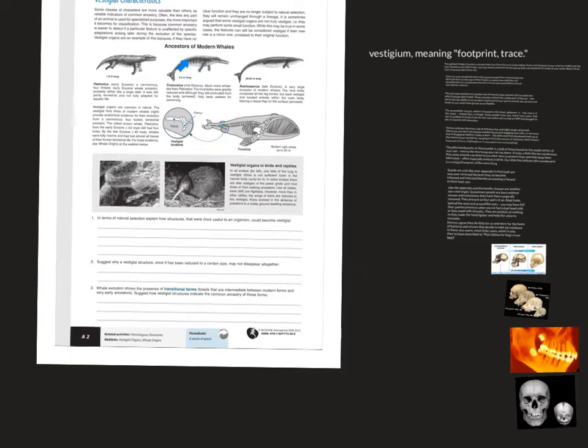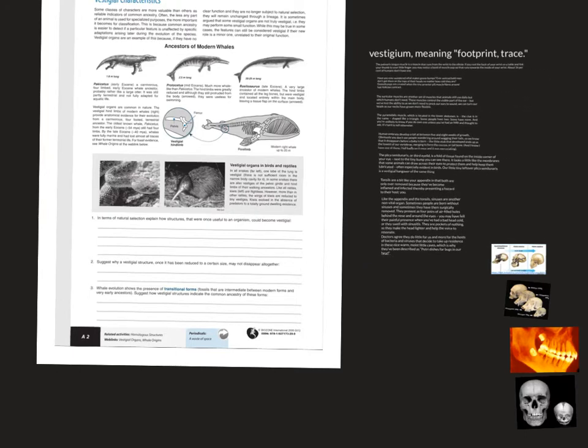But the genes for the hind limbs become less and less necessary, but they were not selected against. So the key to vestigial structures is they have no advantage, but they also don't have a disadvantage. If they have a disadvantage, theoretically over time their gene frequency would decrease. If there's no advantage at all and no disadvantage, then it's a neutral trait or neutral gene. The only thing that impacts a neutral gene is genetic drift, right? Some random event taking it out.